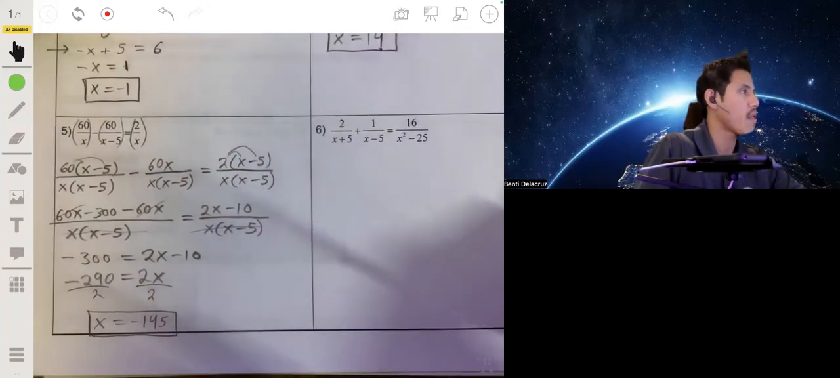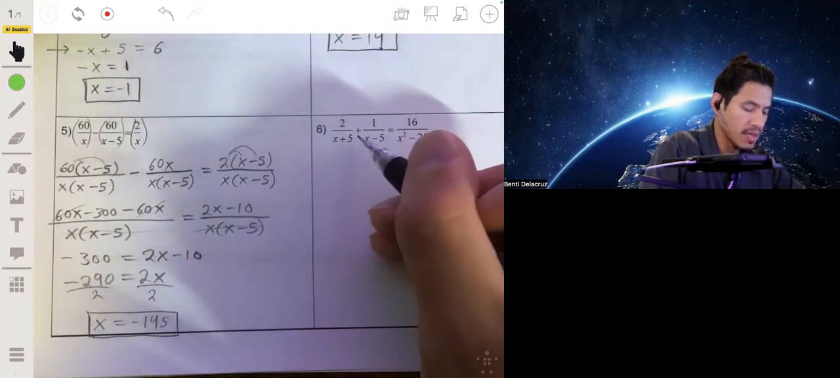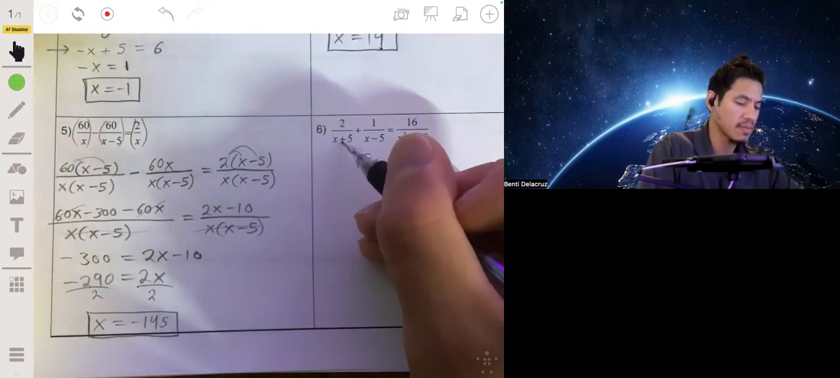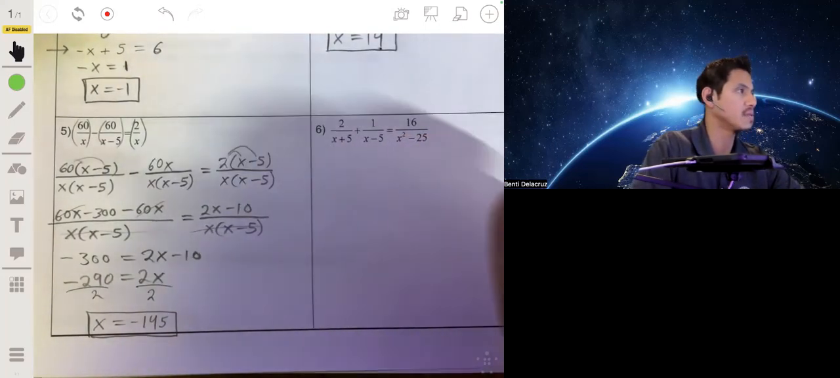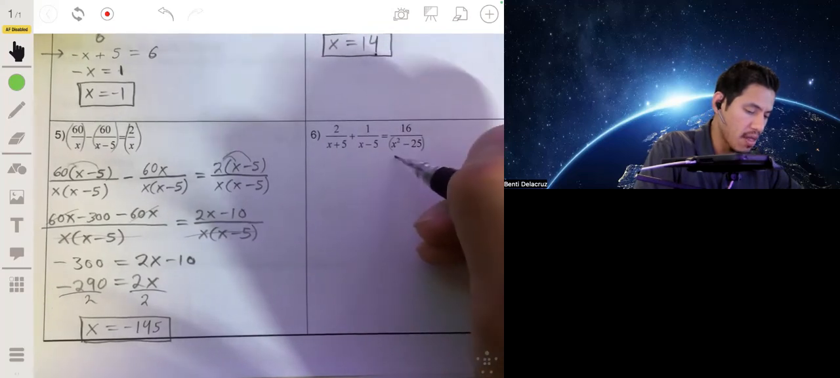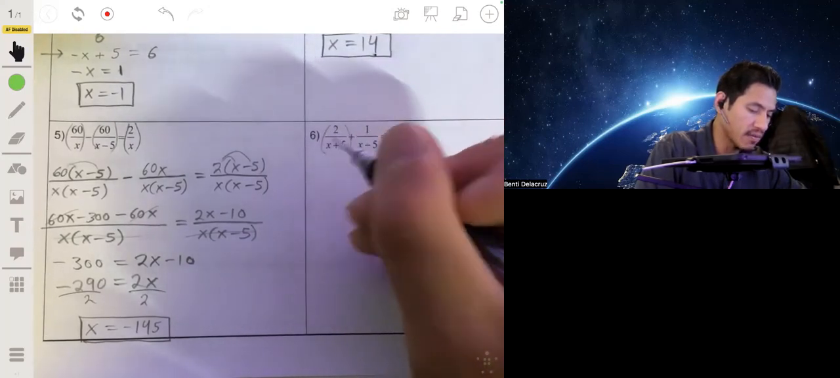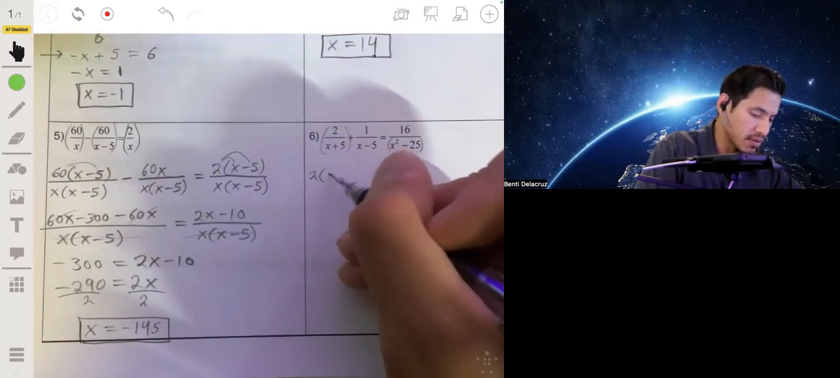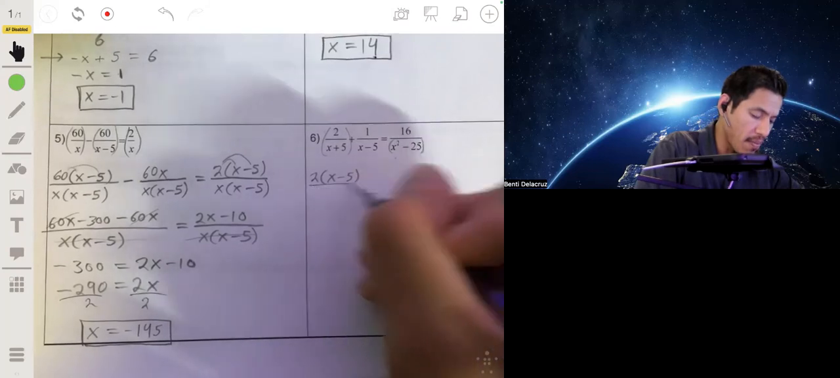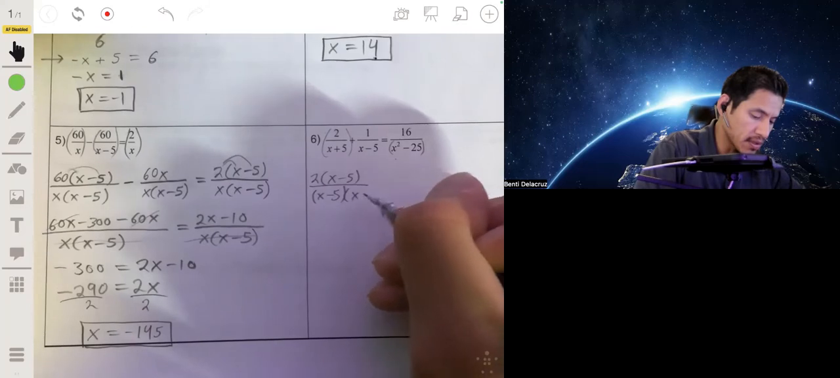All right, last one. Okay, so here we're going to make each denominator the product of x plus 5 times x minus 5. And that's because this actually will factor into x minus 5 times x plus 5. So for this first group, we're going to multiply by x minus 5 over x minus 5. So we're going to have 2 times x minus 5 over an x minus 5 times an x plus 5